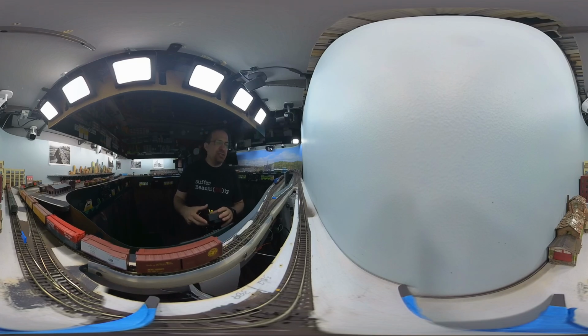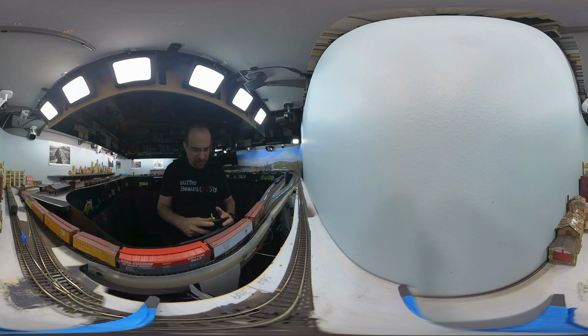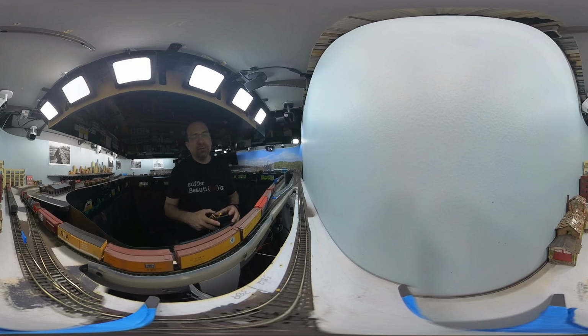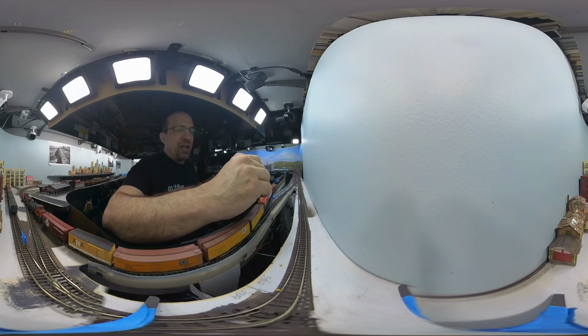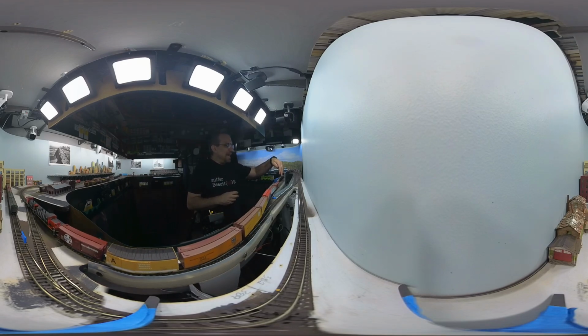Just need to clear that switch. Now we're gonna reverse back in, and we'll drop these off. I think what I'm going to do actually is stop the cars right about here, and I'm going to delay the coupler, which kind of means you're offsetting the coupler so that it's not coupled. They're just kind of pushing against each other. And what that enables me to do is once I'm back here and I'm kind of